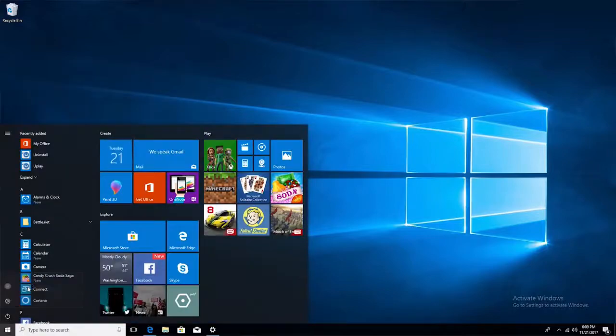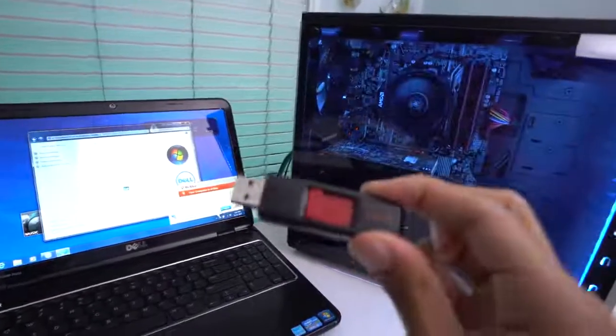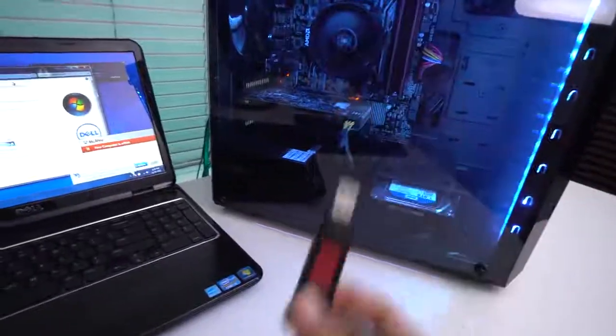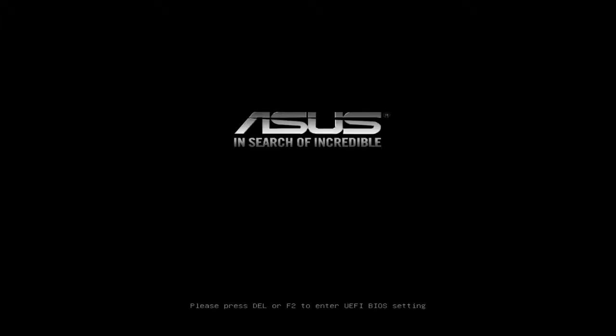Turn off the computer, shut down. So there, we've copied over a bootable Windows 10 image onto this USB flash drive. So now we're going to be doing a clean install of Windows onto this PC. And when I turn on the computer, well, you guys will see right now. So when we first turn on the computer, we're going to see a splash screen. Now this splash screen tells us what key on our keyboard to press to boot to our BIOS. So right now my splash screen is telling me press F2 or press delete rapidly on my keyboard so I could boot into the BIOS. The splash screen doesn't stay open very long, so if you miss the timing period, just turn off your computer